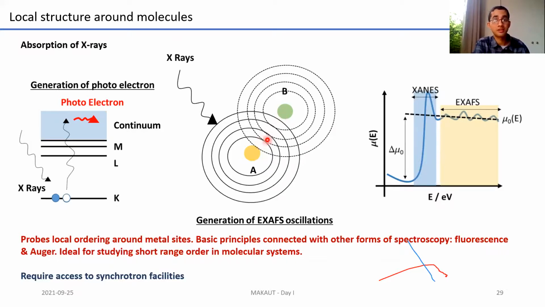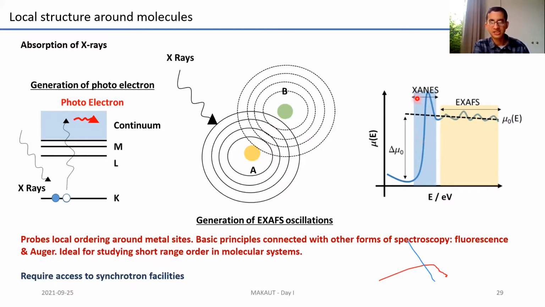And because of this interference, again, note the word interference. This is something that you'll require to use quite a lot when you're doing your crystallography course. Because of this, there's a fine structure. So like UV visible, here also you plot absorption versus energy. This is basically your absorption of X-rays, and these fine structures arise because of these interactions. So this in total is known as X-ray absorption spectroscopy.